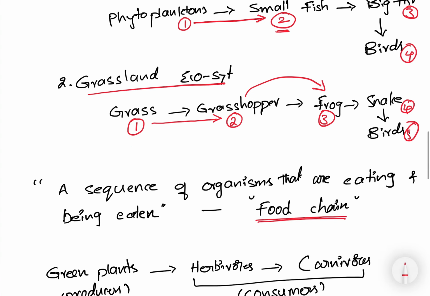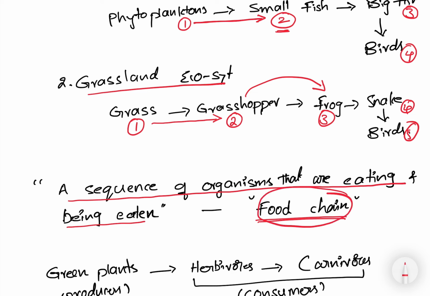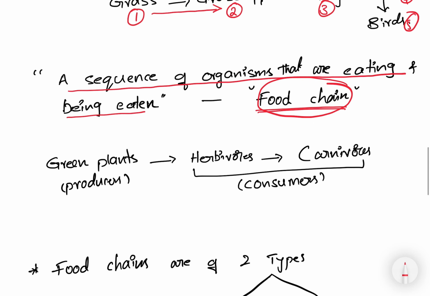Hence a sequence of organisms that are eating and being eaten by the next level is called a food chain. So in a food chain, if you observe carefully, always the first or basic trophic level